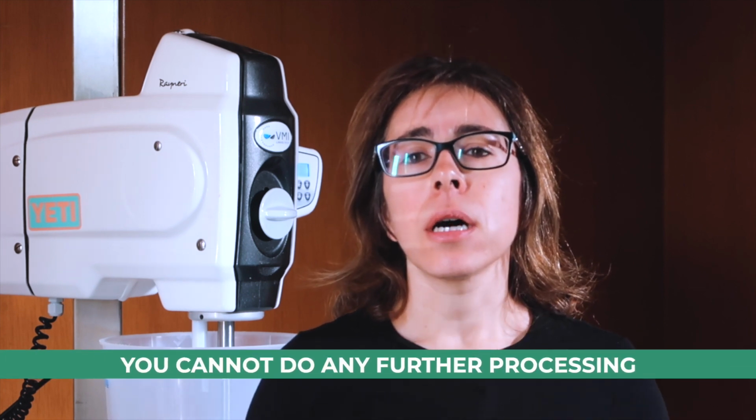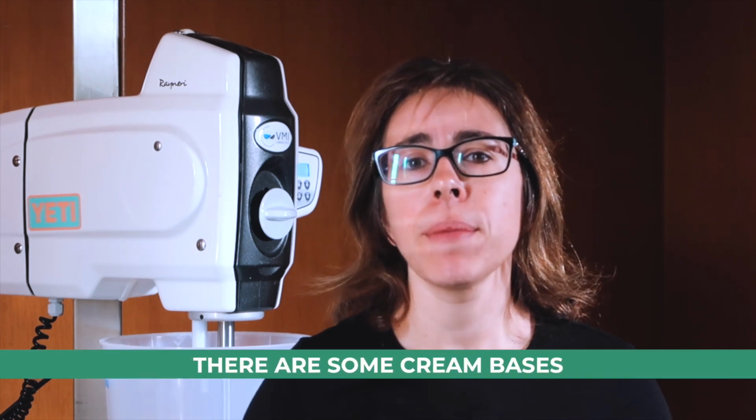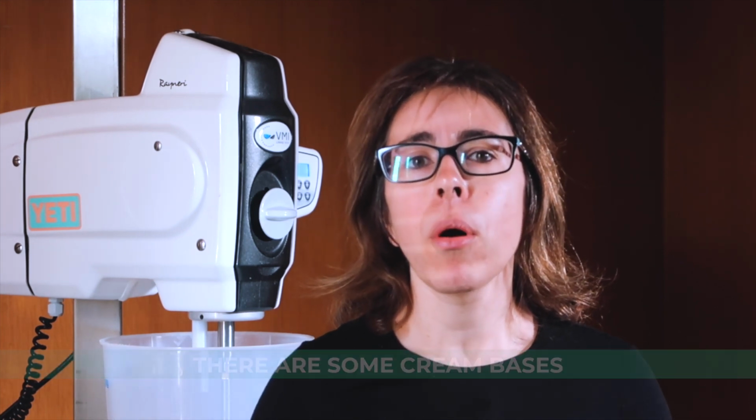When a product is called ready to label, it means that you cannot do any further processing to that product, meaning that literally you just take it, repack it, and then sell it under your own brand. Vice versa, bases are a little bit different. Bases are finished products, but they can be further customized by adding a little bit more of other ingredients. For example, there are some cream bases where you can add more